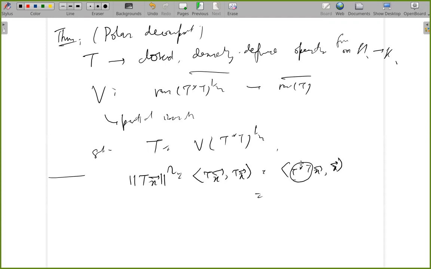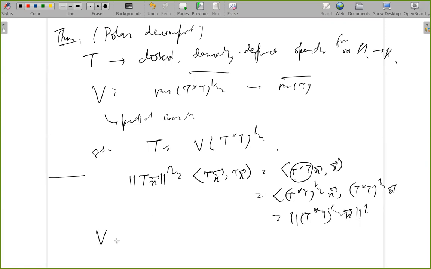Then you notice that this is a positive thing, it has a positive square root. So then I can write it as (T*T)^(1/2) x, (T*T)^(1/2) x. Hence, this is nothing but the norm of (T*T)^(1/2) x, whole squared. So now if I look at this map, which will send (T*T)^(1/2) x to Tx,